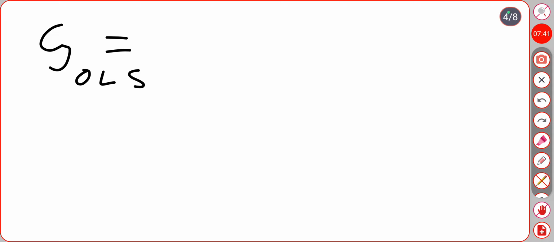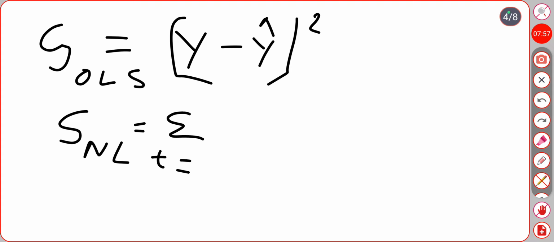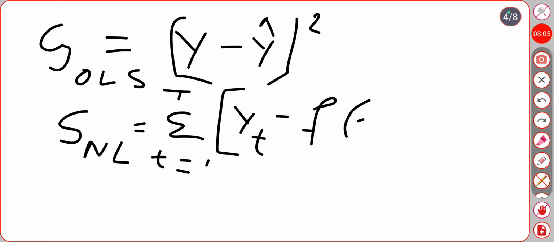S is the sum of the square error, actual minus estimated. But in the nonlinear case, we can write in this way, that is actual output minus estimated